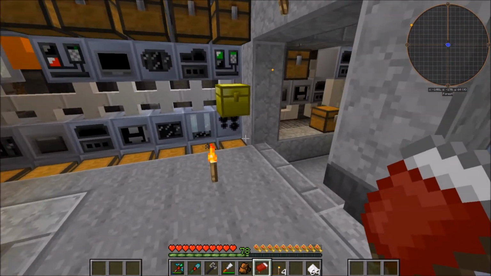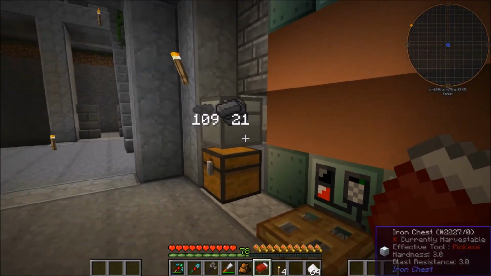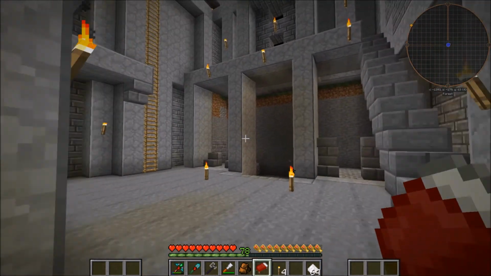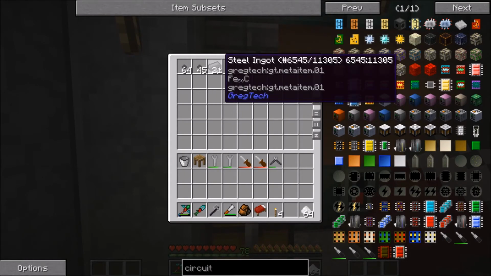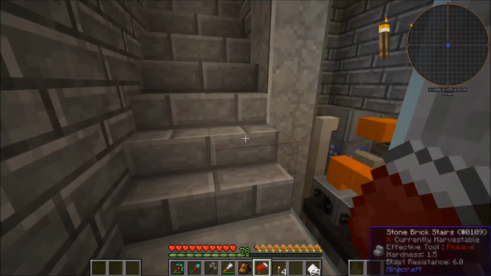So we need to craft some circuits. Then we'll be able to probably make another EBF, I hope, when we have some more circuits. And I'm going to move this entire thing to over there and make another one over here, and then double the steel production, because this is not fast enough. 21. That should be more. That should be a lot